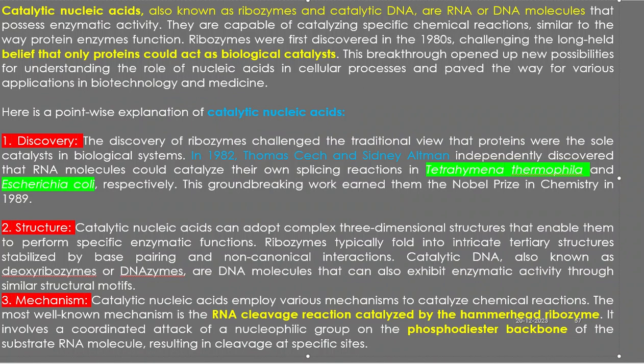So in this lecture, we will study the catalytic nucleic acid. The name catalytic nucleic acid includes three words or synonyms: DNA enzymes, ribozymes, and it is related with the nucleic acid. Therefore, RNA and DNA molecules are involved. And this nucleic acid name itself, catalytic nucleic acid, means it possesses enzyme activities. Catalytic activities. They are capable of catalyzing specific chemical reactions